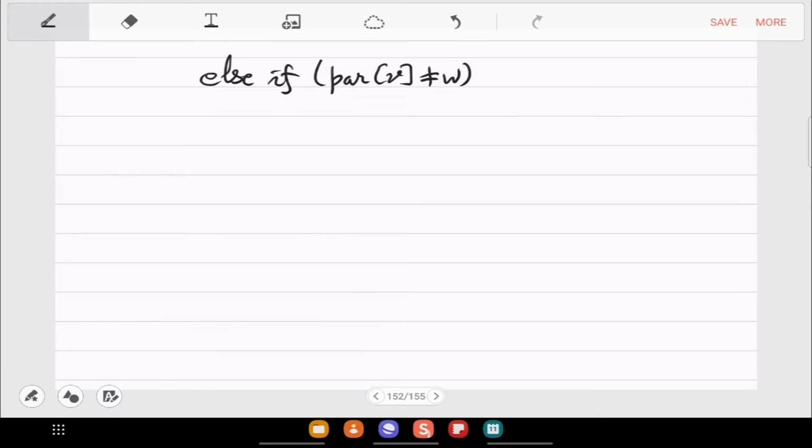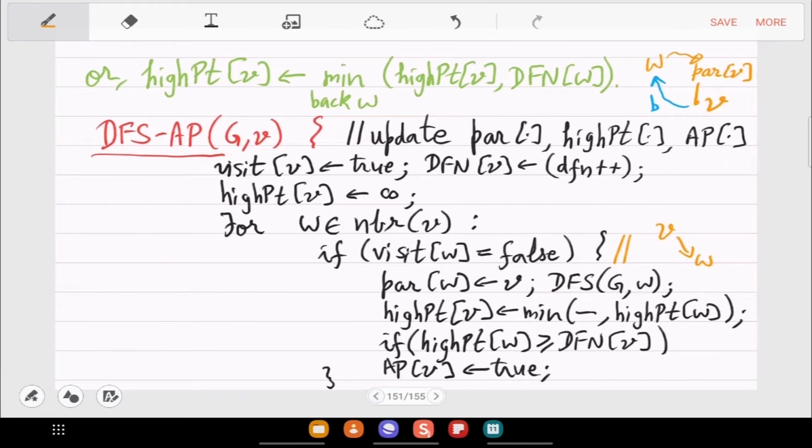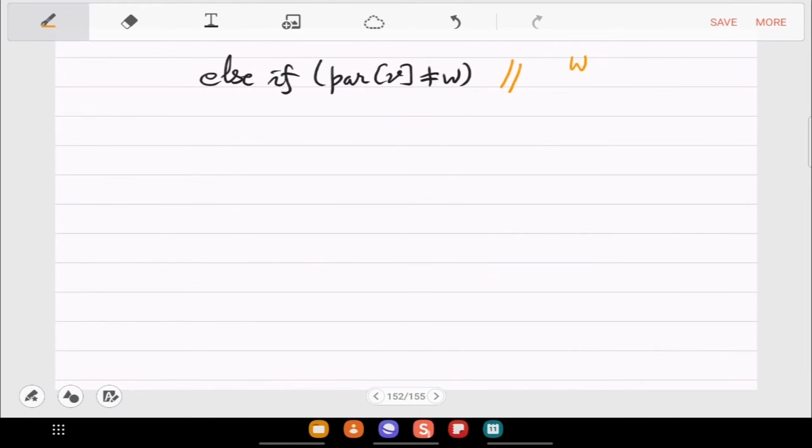So let us actually draw the picture for this, what is happening here. So here you have W, parent and V, and a back edge. Okay, so now we are in this situation and we are checking whether the parent and W are different.